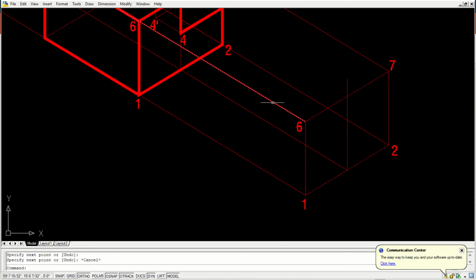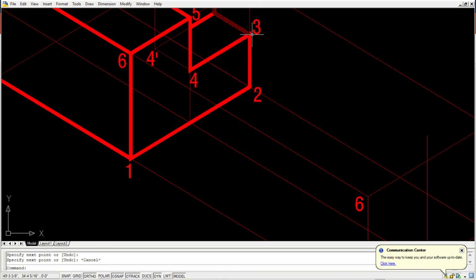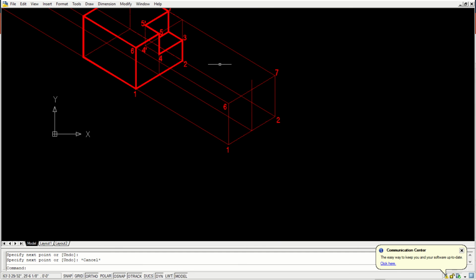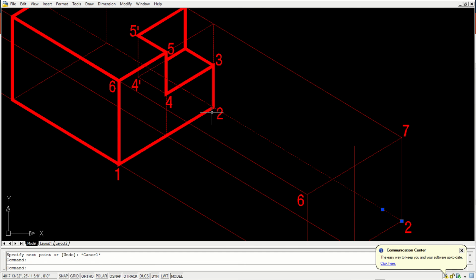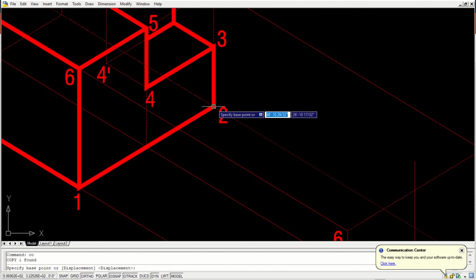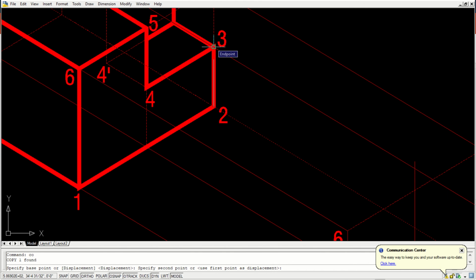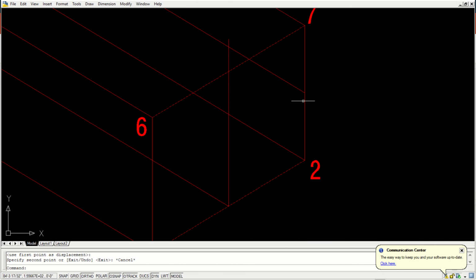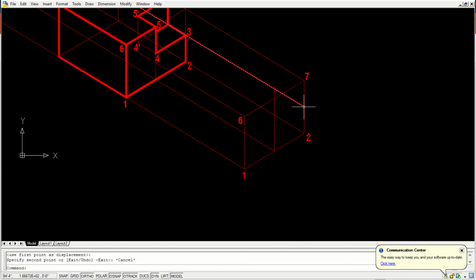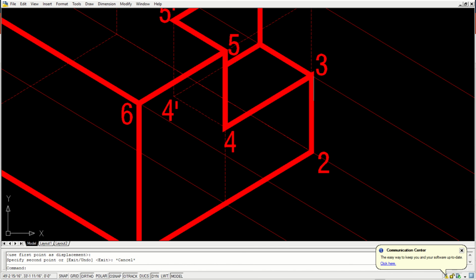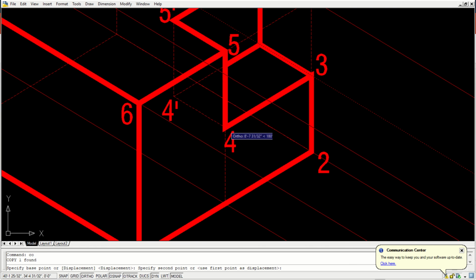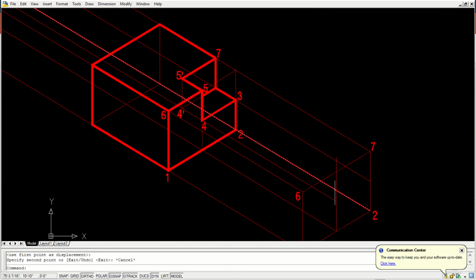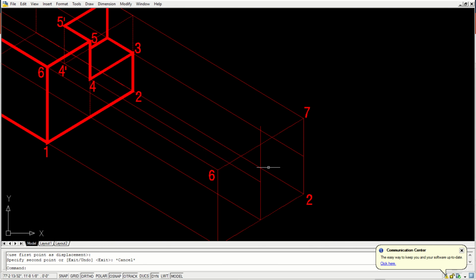But we need this 3 height information. How do we get 3? Again, use a parallel line, draw a parallel line from point 3. So in this particular line we have got 3. The same parallel line we can use to bring one reference line at this point, 4.